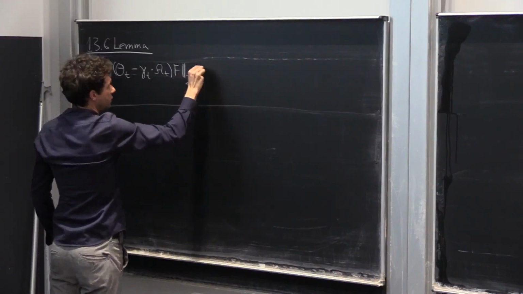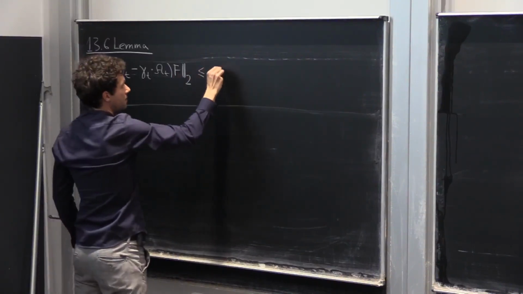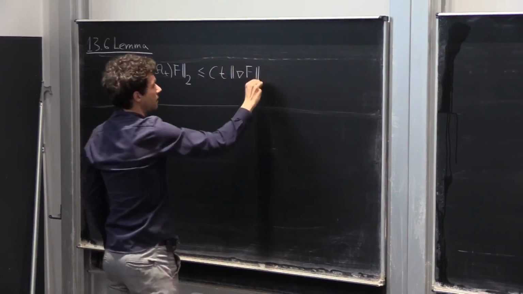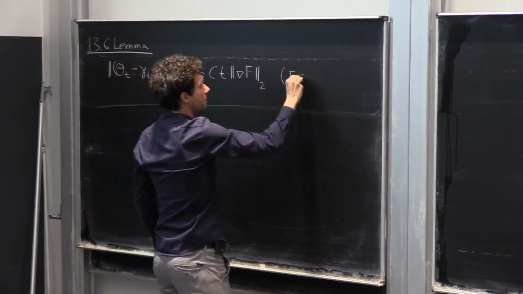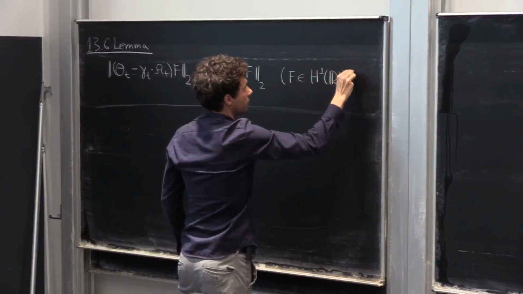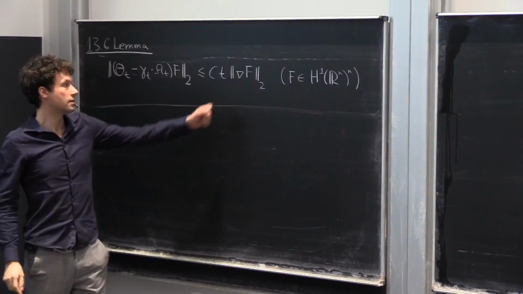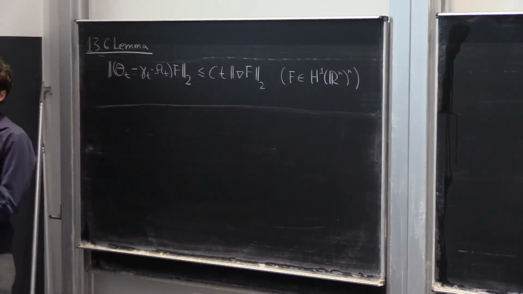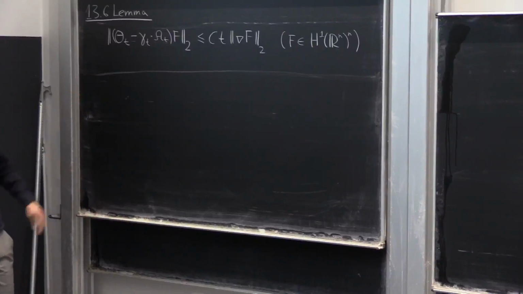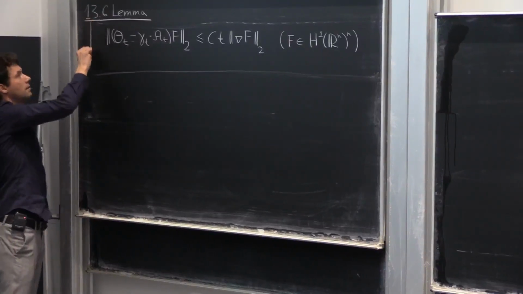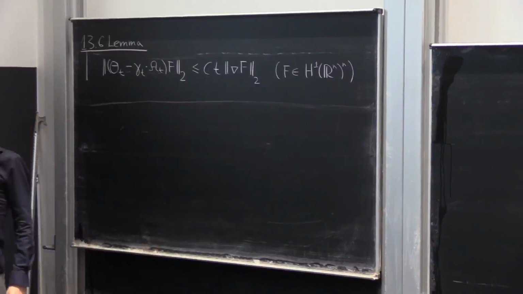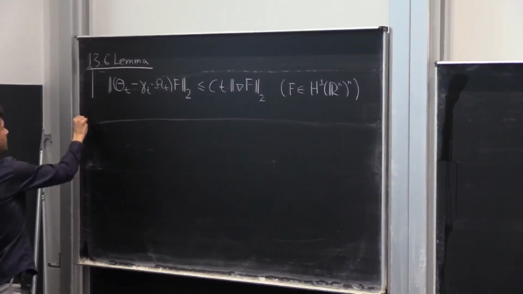And if I measure this in L2, it turns out that I can bound it by c times t times the gradient of f in L2, and this works whenever f is a vector field having components in H1. So this here is like an n squared vector, but it's the component-wise L2 norm. Okay, so this is an approximation result. It at least shows you that it's a good approximation when t is small. I'm going to comment on this later.